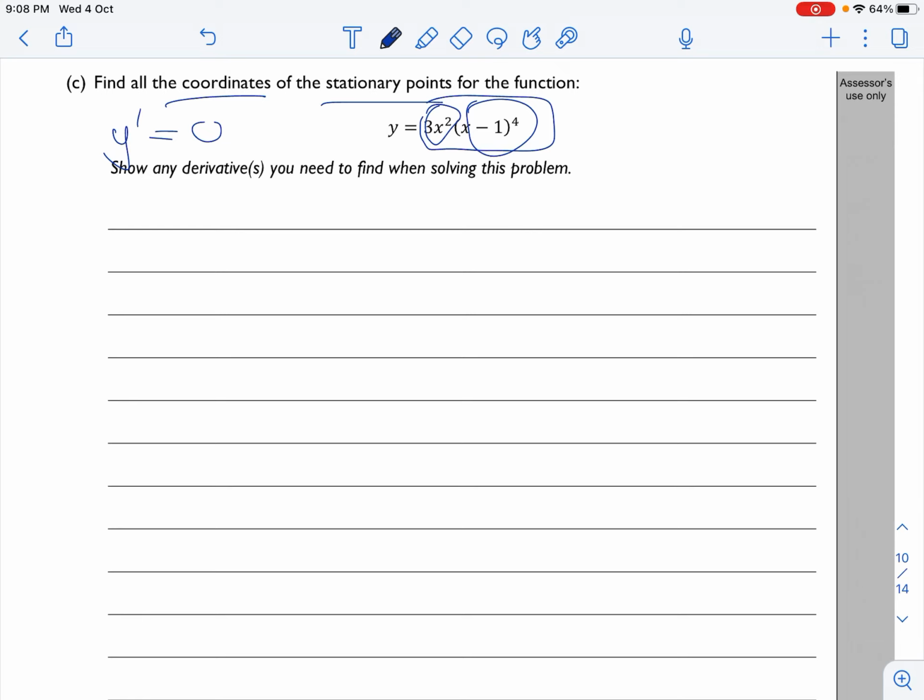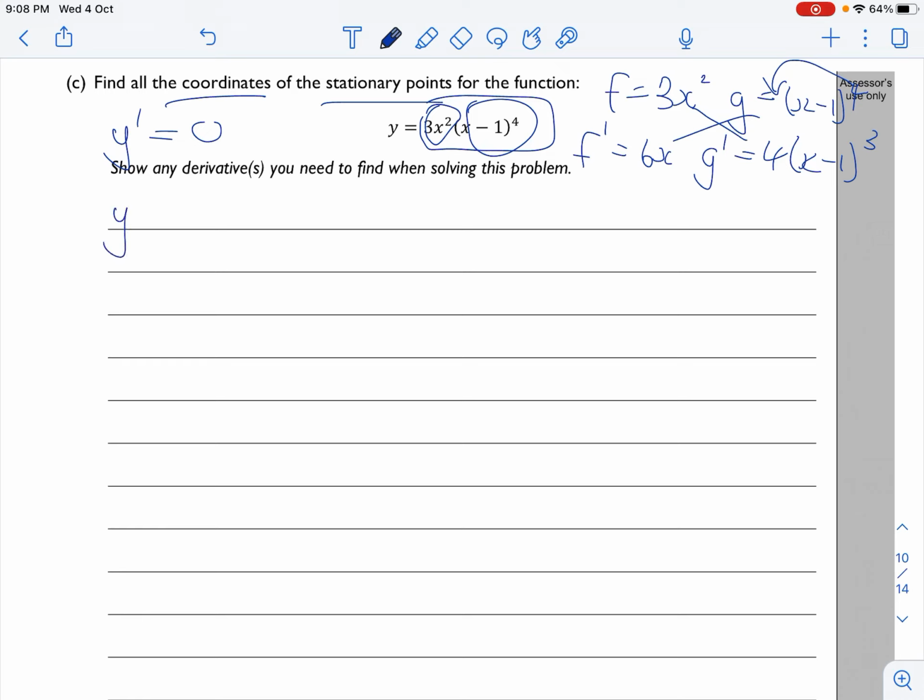So we're going to have f being 3x squared and g equal to x minus 1 to the power of 4. So f dash is going to be 6x and g dash is going to be, right, differentiate the inside, that's just 1, okay, the 4 comes down the front, leave the middle, and it's to the power of 3, we don't need to times it by 1. Okay, and then we're going to cross multiply, and so therefore y dash equals